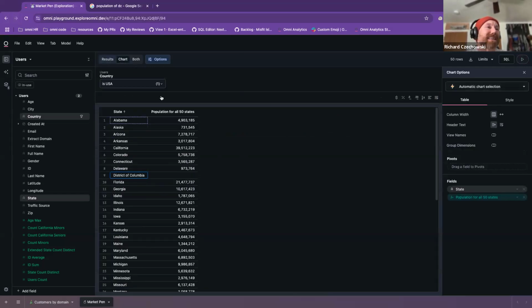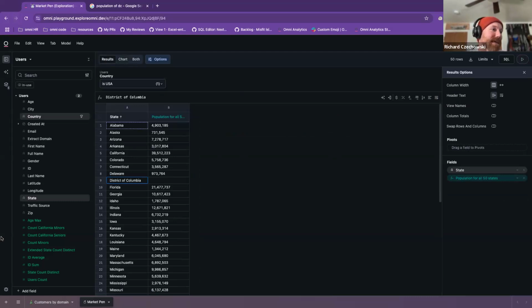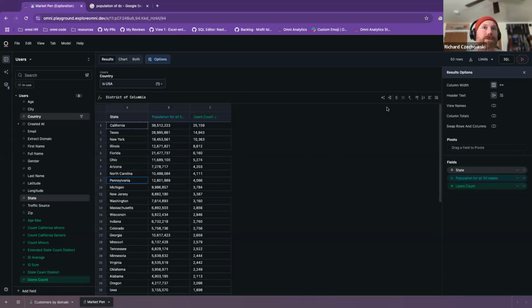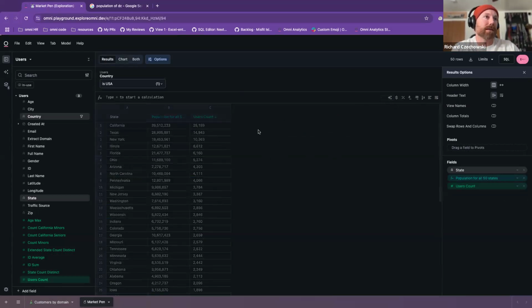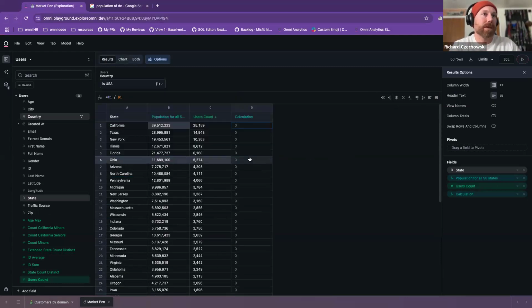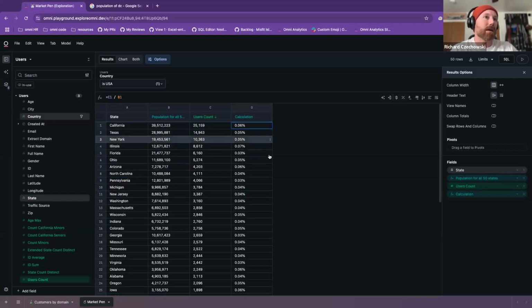But I can then keep working on this and say, all right, I've got my population, I've got users count, and I want to do a market penetration. So I can throw a new column in to the right, and I want to do my users count over the population. So write my own one this time. And the number's kind of small, so I'm going to need a percent here. There we go. So now I've got my market penetration,